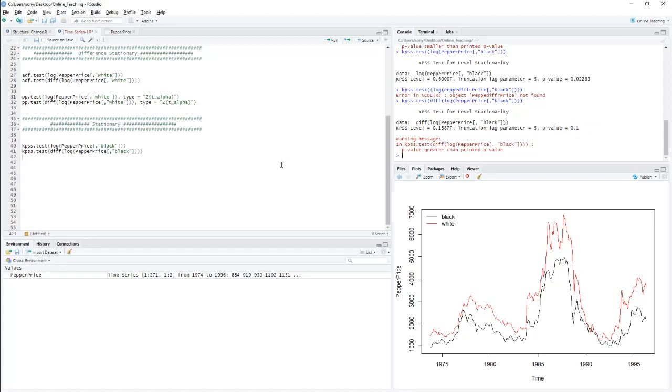That's it for today's video. There is a limitation of this package, because sometimes the data can be trend stationary, so we can't actually use those things in this command. There is another package which we can use, maybe in the next video I'll do, called the urca package, which also takes into account this trend stationarity.